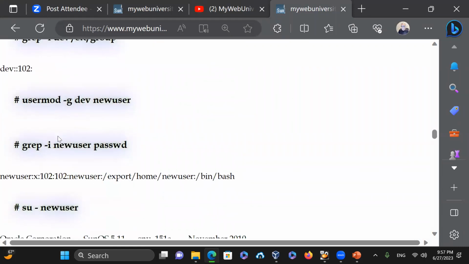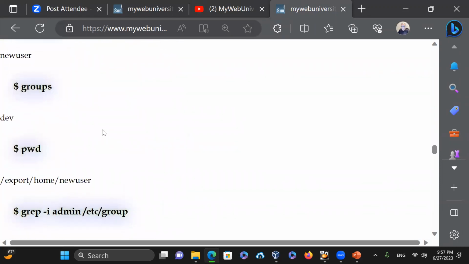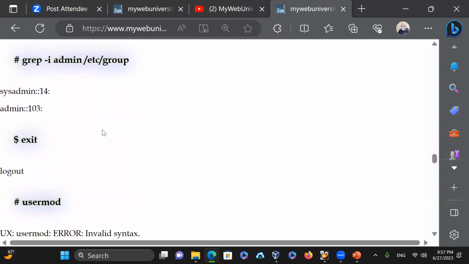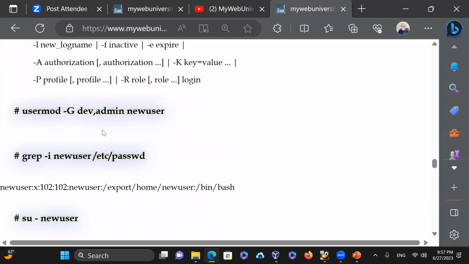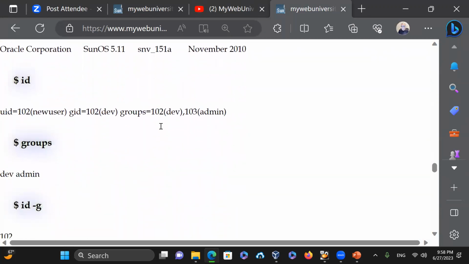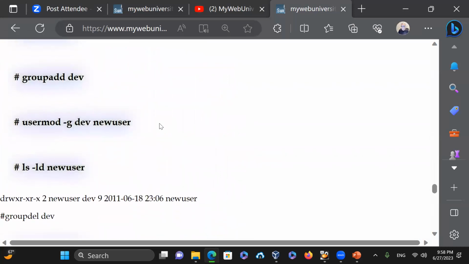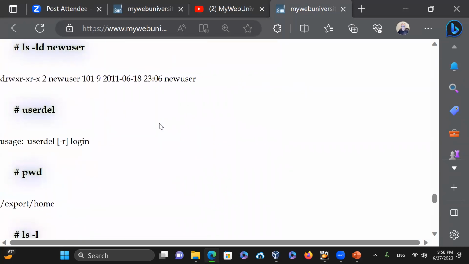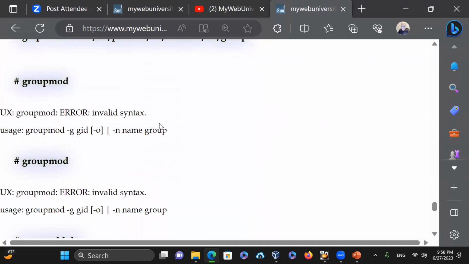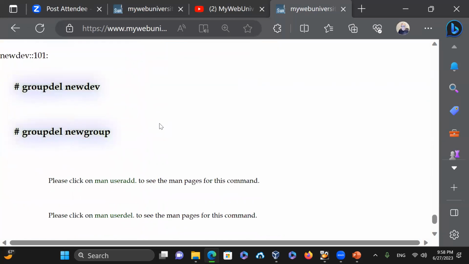So you can see id -u, and I'll show you all of this as an example. But the documentation I created for you, just in case you don't have a Linux machine to practice on, or a Unix machine, you can read it online and do it. Everything is online for you to read and understand. I show you by examples, and this is a group, dev admin users, all of those ones, they're just doing a usermod on it. So there are a lot of commands here and a lot of examples. You're welcome to read, and I'm just going through all of them in a quick browsing fashion, and then you're welcome to go to the website and just click on any of